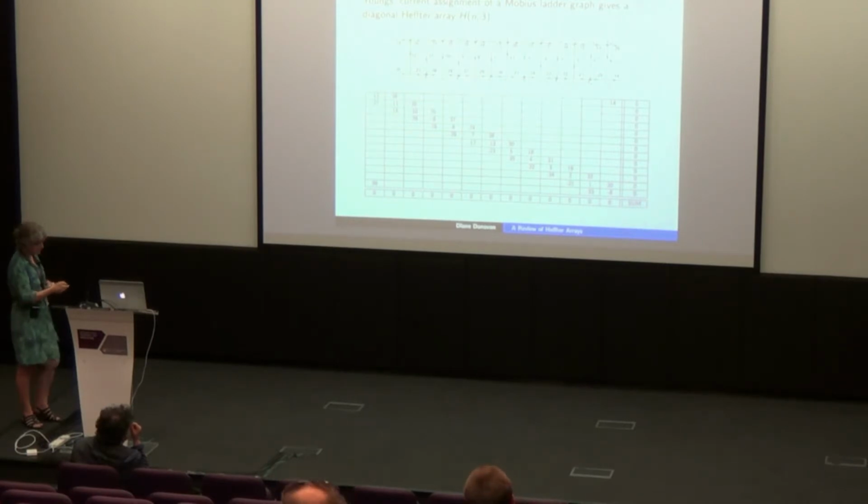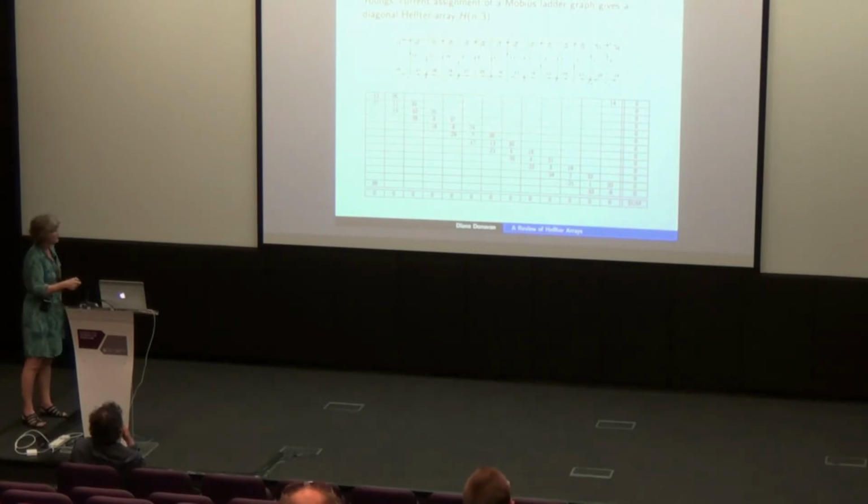All right, so this is a bipartite graph, so we could assign one set of vertices to be the rows. We could assign the other set of vertices to the columns, and then we could take these labels and distribute